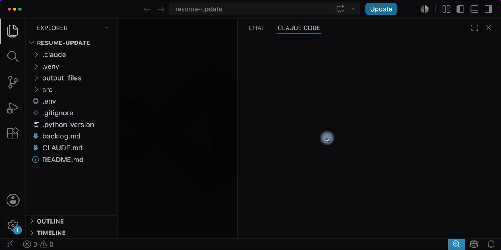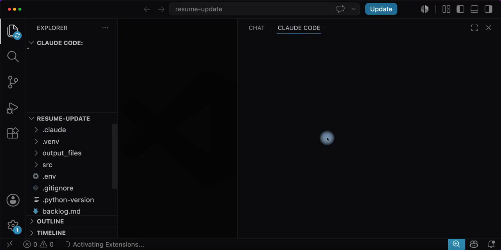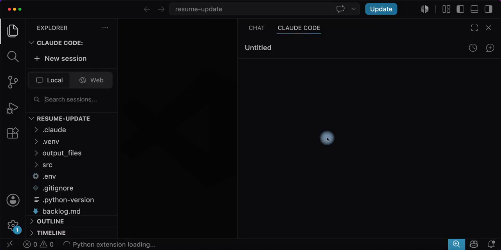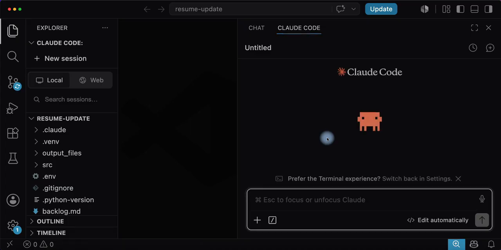I want to be in here. I've got my Claude chat in my browser right now, so I try to do things separately in them, browser versus IDE. Probably better off using the chat in here, but let me just see